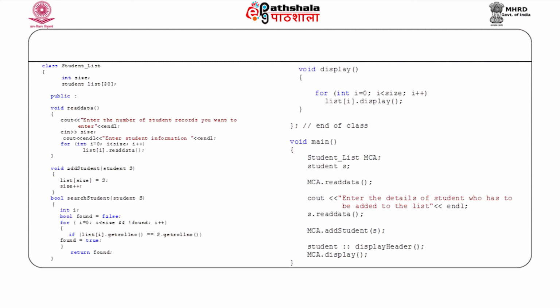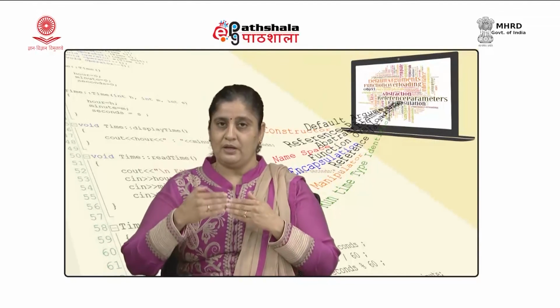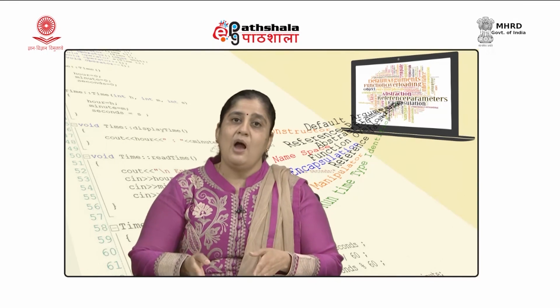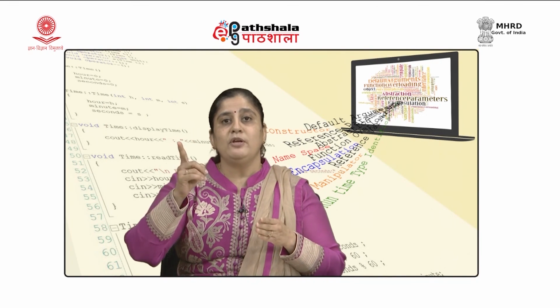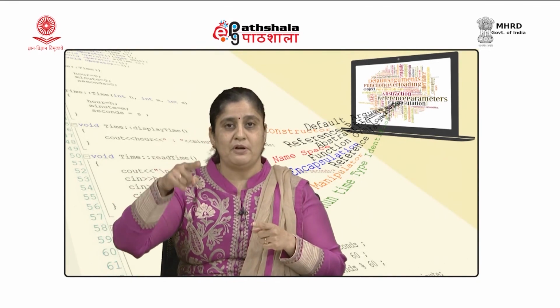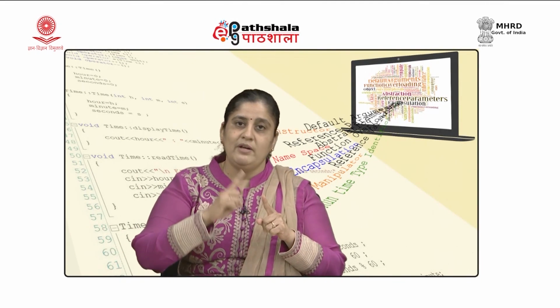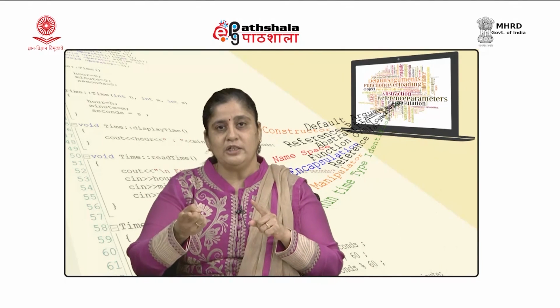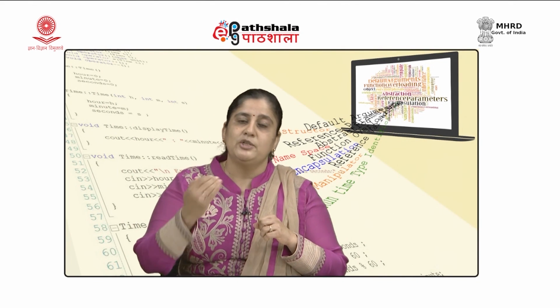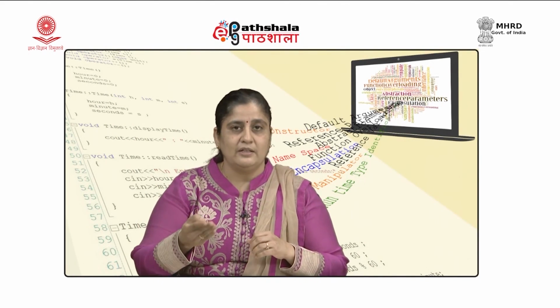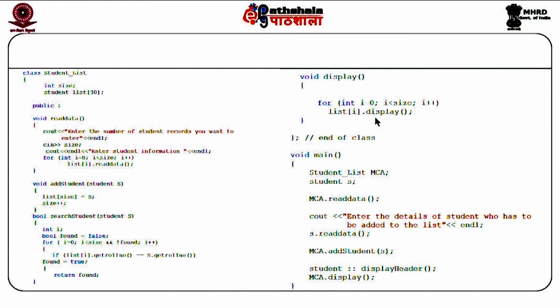Now, this display function is which display function? This display function is that of our student class. In student class, you would recall that we have defined a display function which displays the information of one student. Now, on every array index, we can keep on invoking the student class display function which would display the data of that student, and when we increment I, we again call the display function which would be displaying the data of another student, and that is how we can keep on displaying all the information about all the